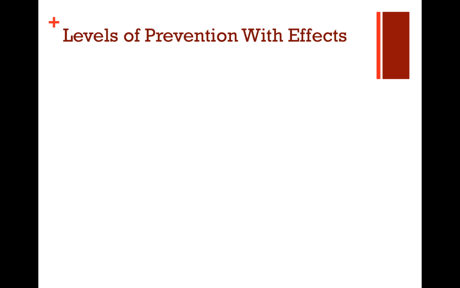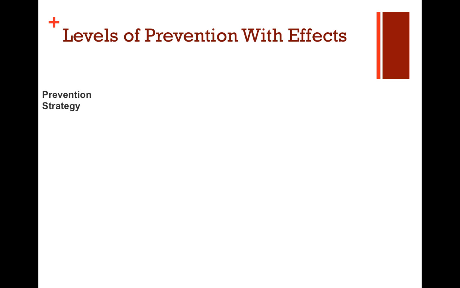So, levels of prevention. I mentioned prevention on the previous slide, and I didn't get into too much detail. But really, public health, if there's one thing that you take away from it, is focused on prevention. It's this idea of creating environments where people can be healthy. And so we tend to look at it as levels of prevention. I will be asking about this on the very first exam and possibly in subsequent exams as well, because I really think this is probably the most important concept you can walk away from this class with.